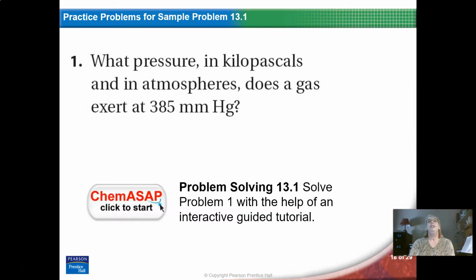So here's one to try on your own. See if you can try this one yourself. And there are lots of calculators online. You can ask for an air pressure calculator and say kilopascals, atmospheres, and millimeters of mercury, and you can see how to go from one to the other. It will show you if you got the right answer.